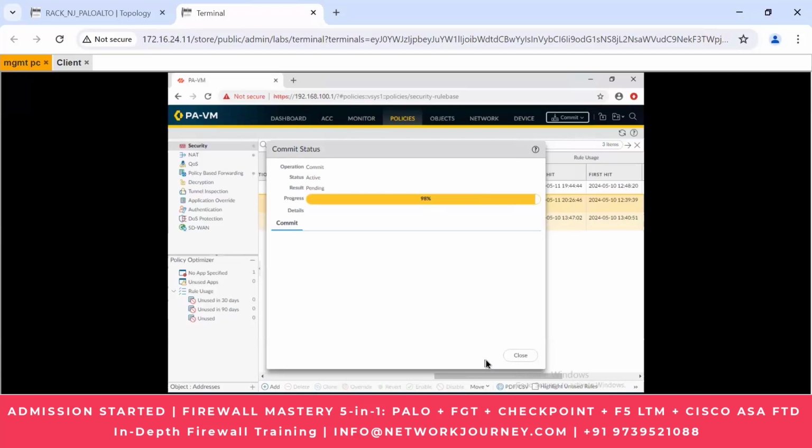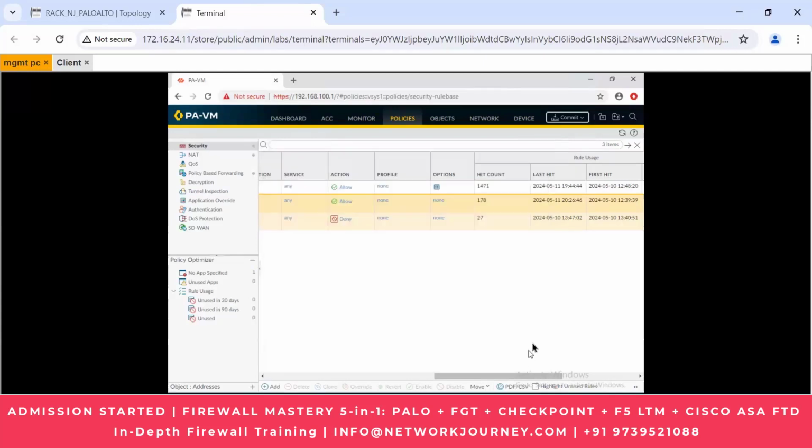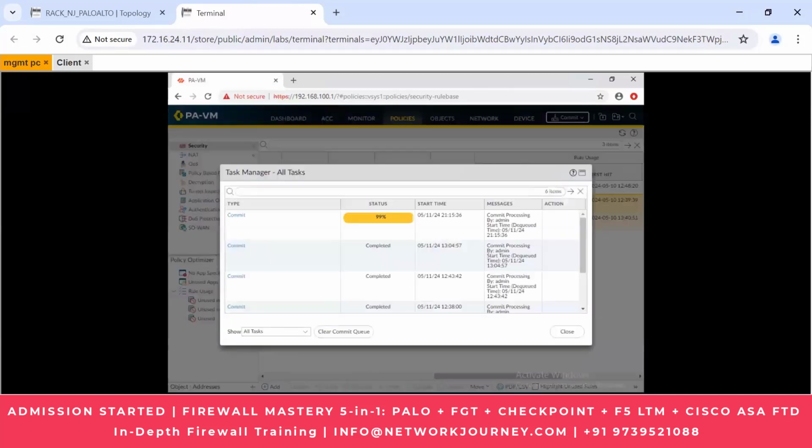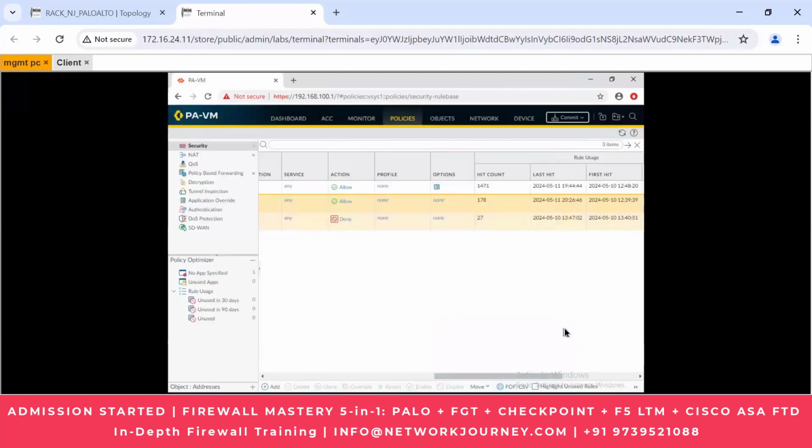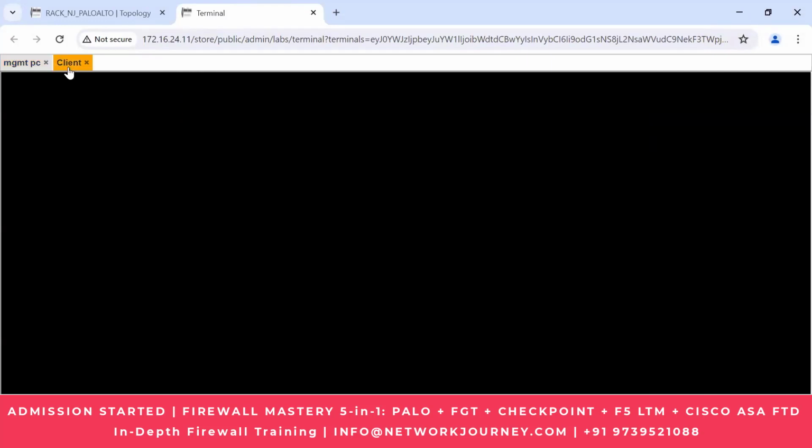Once the 100% completion happens here, you can also see it in the task. If you close this, you don't need to wait, you can work in parallel with other configurations if you want. In the bottom, you can see the task. So in the task, you can always come and check whether the completion has happened or not. It is not necessary to keep the tab open always. So if I go to my client side,